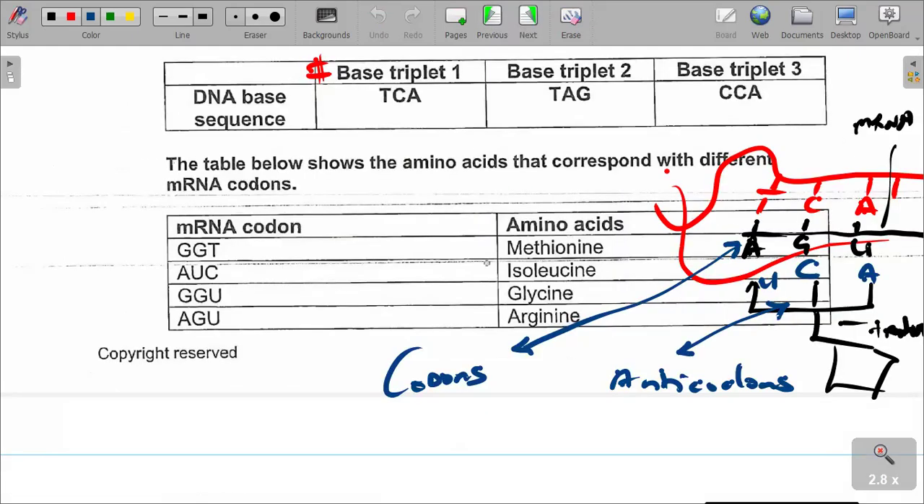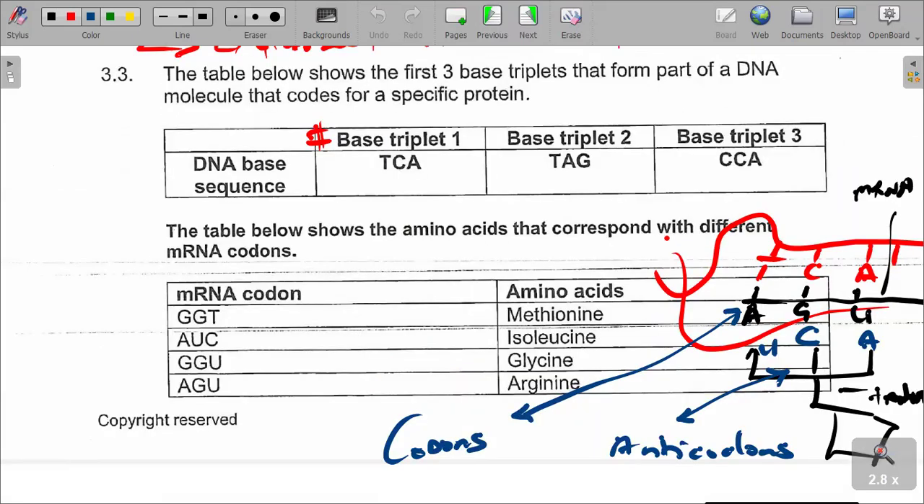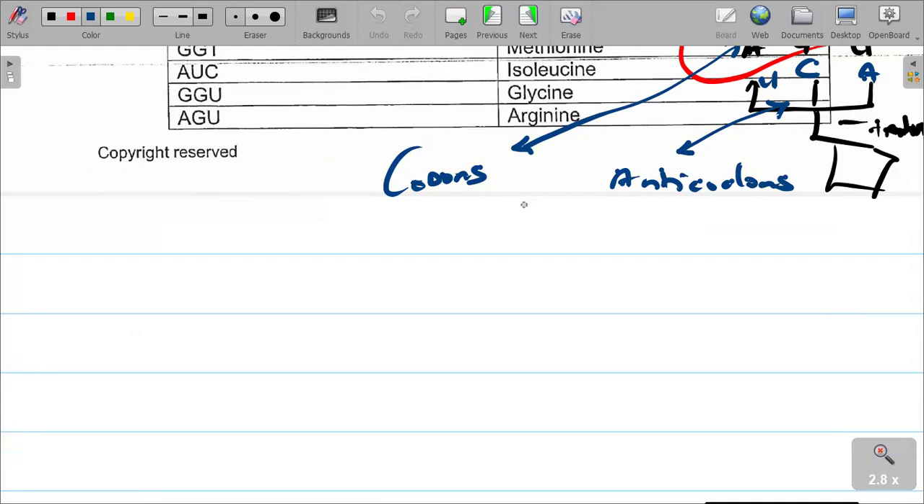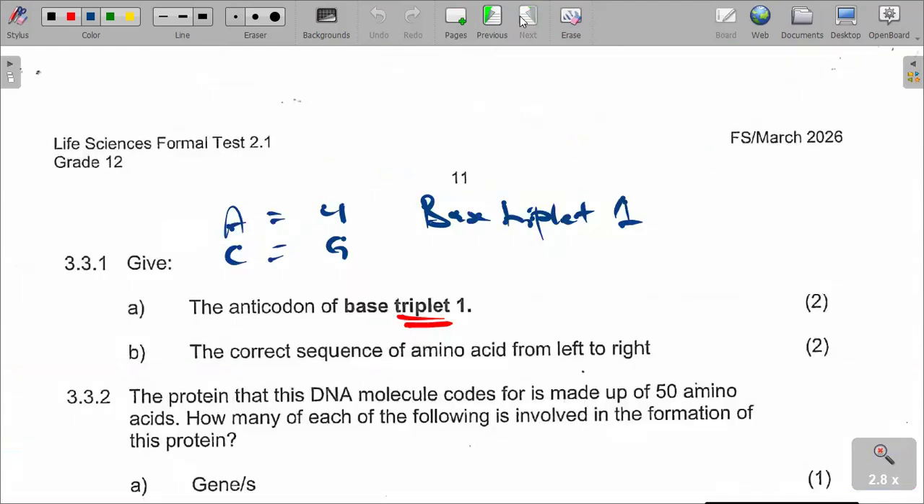It is given that our base triplet 1 is TCA. TCA, that is the base triplet number 1, TCA. So having TCA, we must give